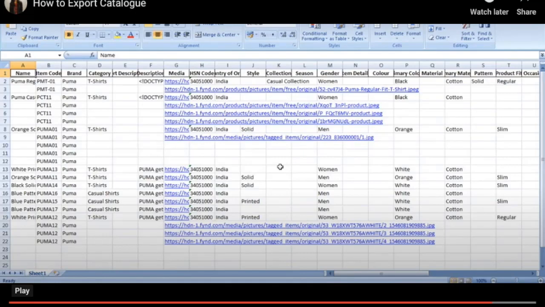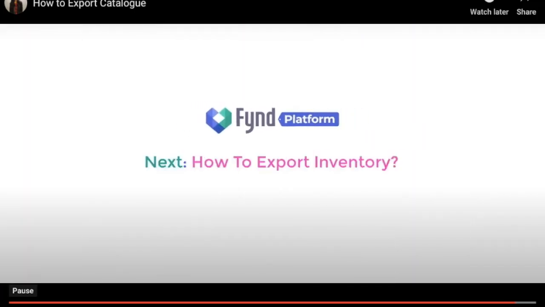The existing sheet will look like this. This is basically the data that you have uploaded previously. You can have a look and rectify whatever you're looking for.